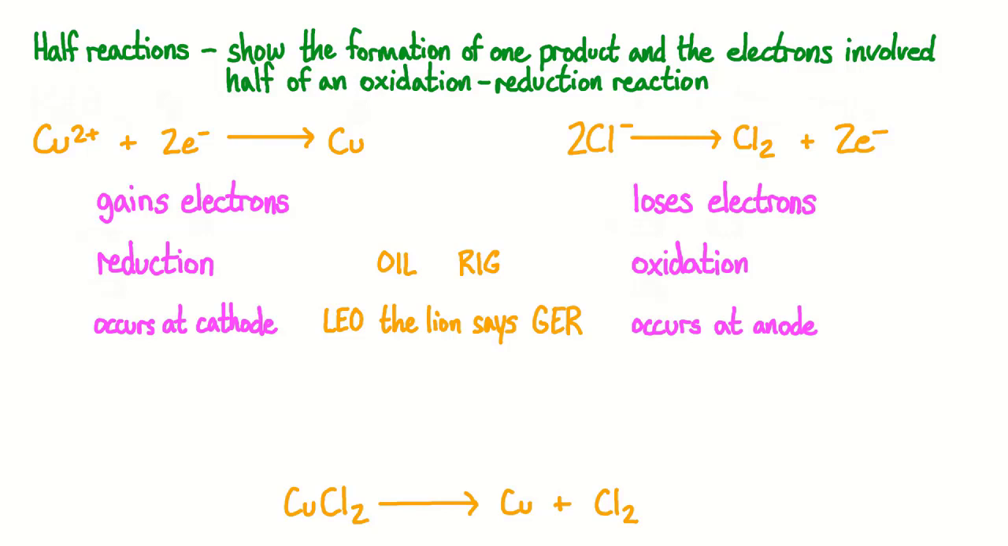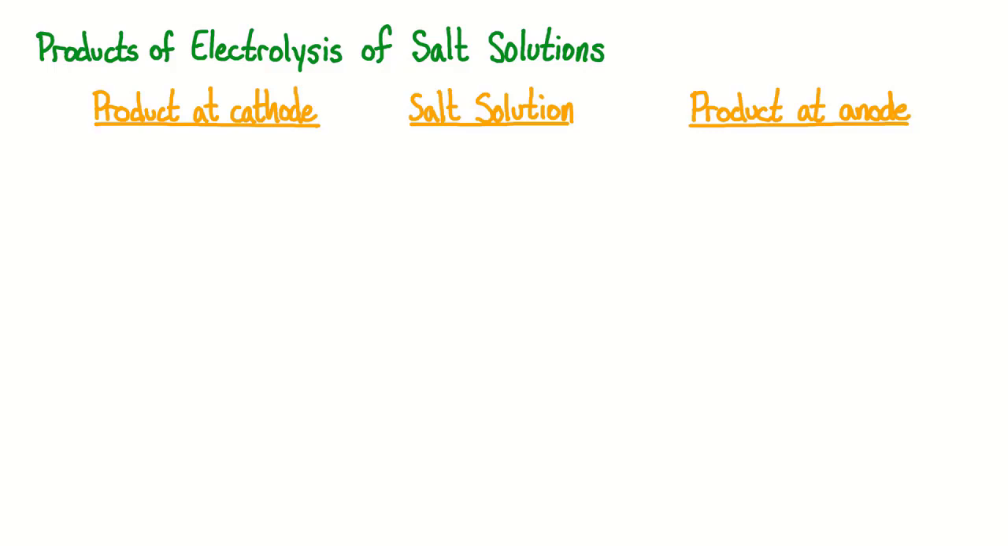However, a variety of products can emerge when we electrolyze different substances. Let's take a look at what other half reactions are possible at each electrode in order to predict the products of electrolysis. One goal of this video is to be able to predict the products of the electrolysis of a given salt solution. In our example, the electrolysis of copper 2 chloride produced solid copper at the cathode and chlorine